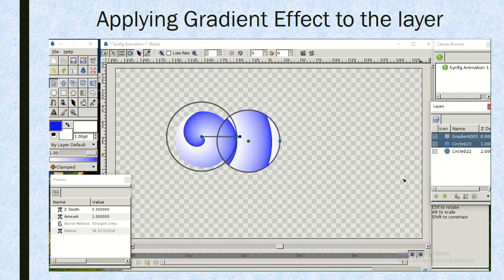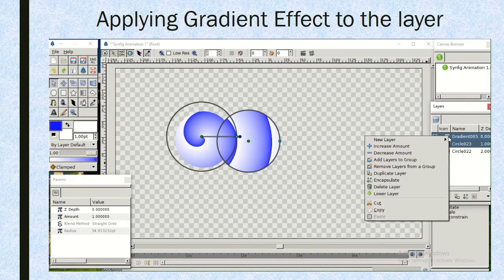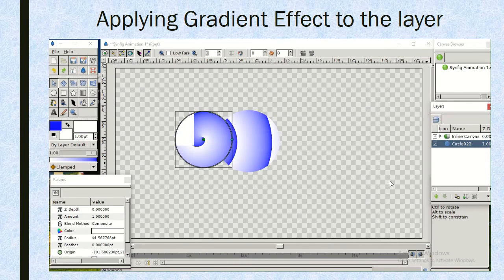Now we are going to remove one circle from this gradient effect. For that, select gradient layer and one circle layer. Now right click on it and select encapsulate. Now you can see that one new layer, that is inline canvas, is created.